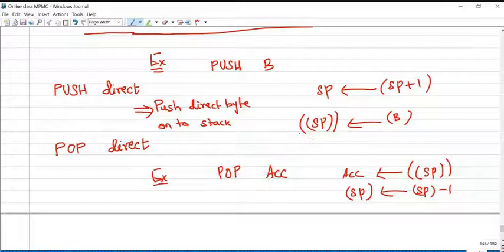The address of the stack memory is indicated by the stack pointer. For POP, whichever information is available in the stack memory pointed to by the stack pointer is copied into the destination. Here it is POP accumulator, meaning that information is copied into the accumulator directly, and then the stack pointer is decremented by 1.